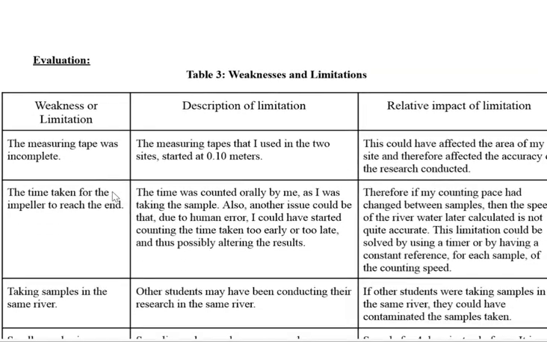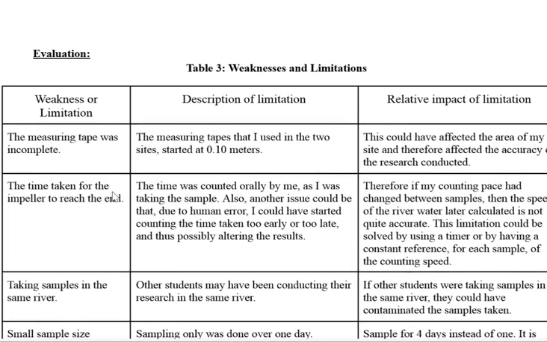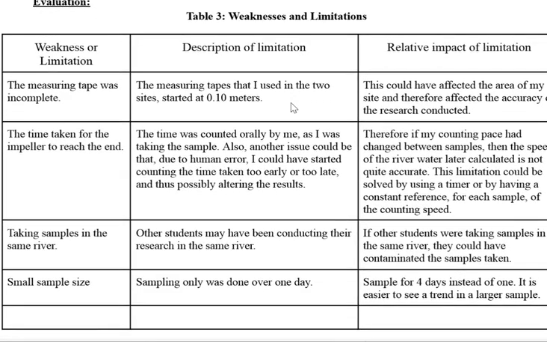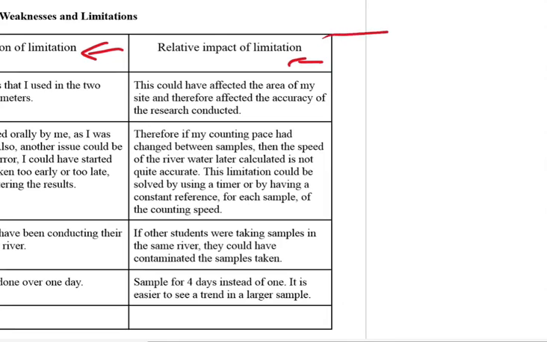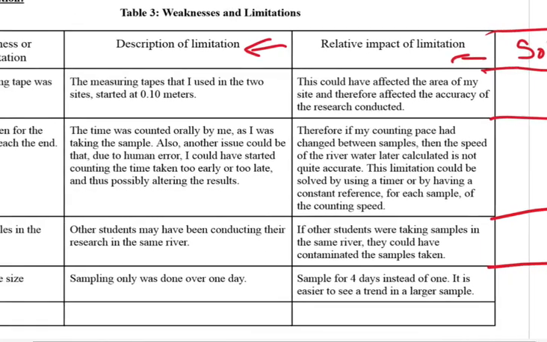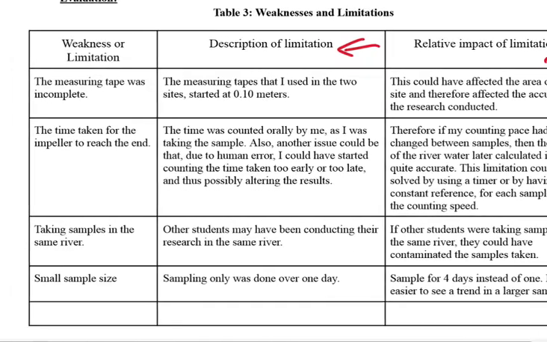Evaluation. I like to see most of this: weakness, description, relative impact. Where is the improvement? There isn't one. Again, you're locking yourself down to 50% of the mark. So I would suggest make all of this narrower. You need one more column that actually talks about a solution, a fix, how you're going to make it work. And so you need to make sure you've got that so you're addressing the second strand of the criteria,